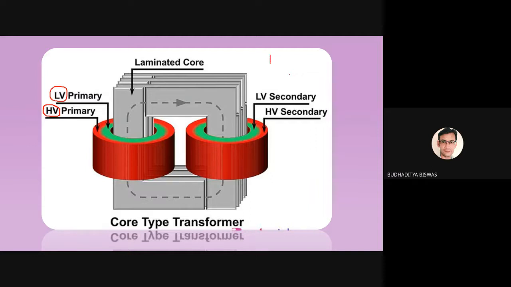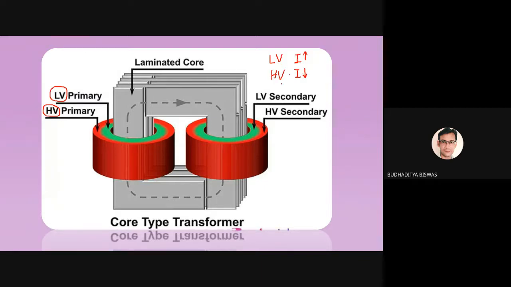Yes. So in case of low voltage winding, as the power remains constant, the current is high compared to the high voltage winding. High voltage means here in this winding, the voltage is very high. So as the voltage is very high, the current is definitely very low because their multiplication remains the same.